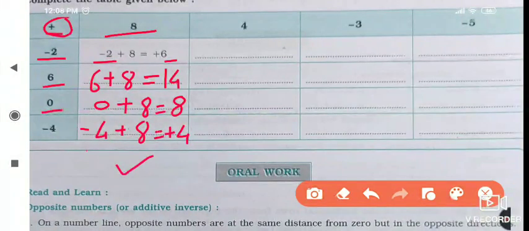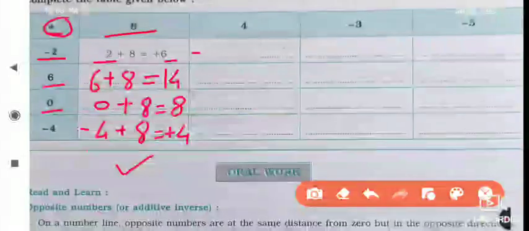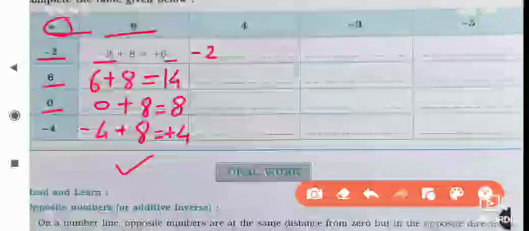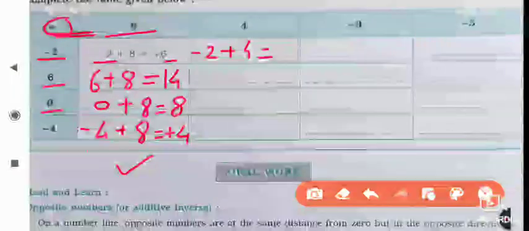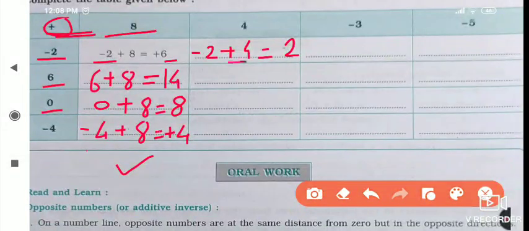That is the first box that we have completed. Now we will see the second box. So first of all we write here minus 2, this is plus sign, plus 4. So its answer is, signs are different, do the subtraction. 4 minus 2 is equal to 2, the answer will get the bigger number's sign. The bigger number is plus 4, then give plus sign, otherwise write 2 as it is.